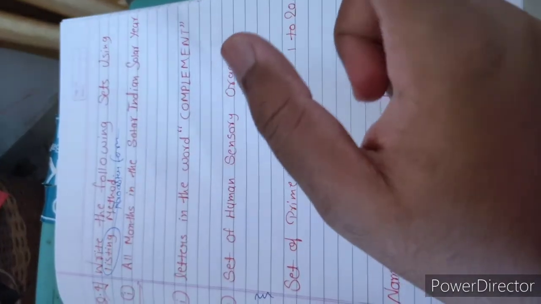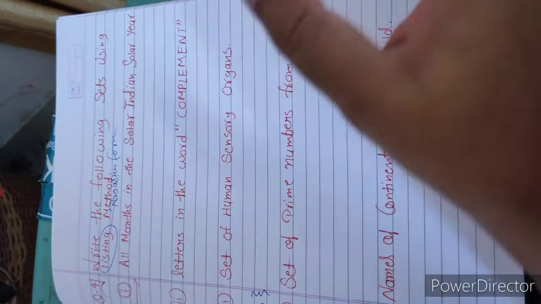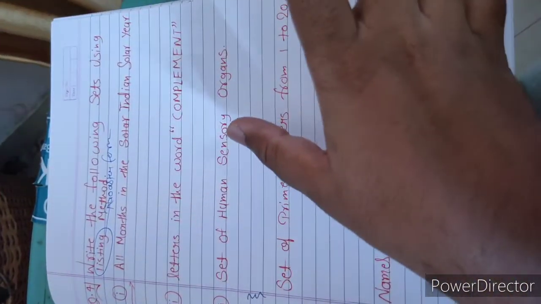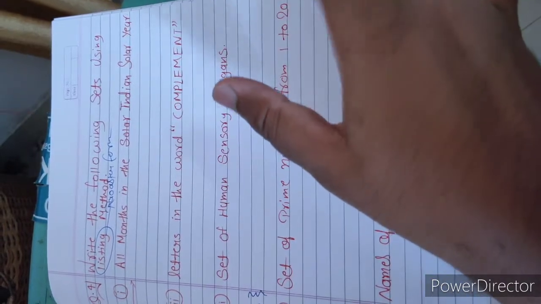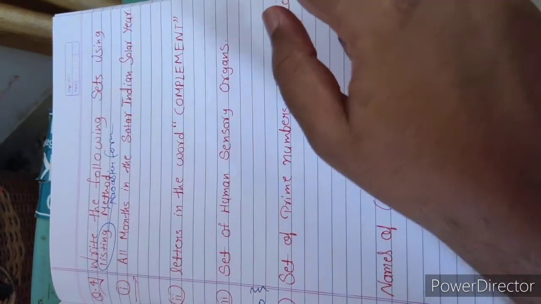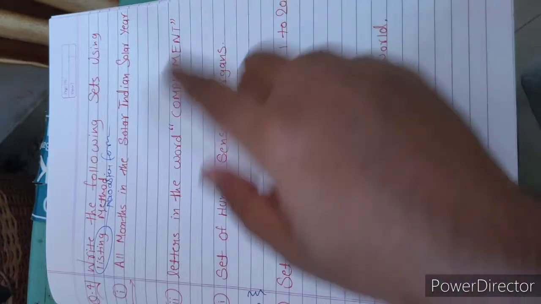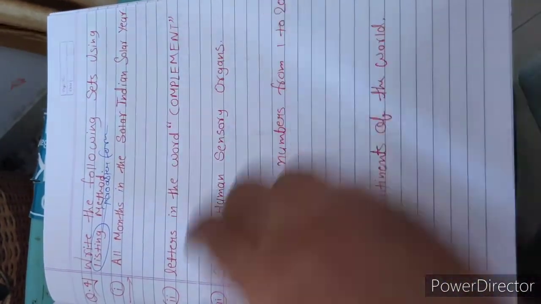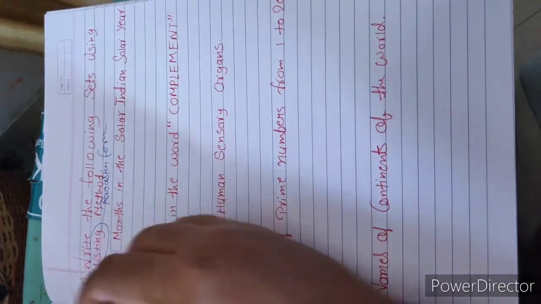January, February, March, April, these are the months of the year. But in the Indian solar year the months are different. As we know, the months of the Indian solar year are Chaitra, Vaisakh, Jyesht, Asad. So we have to write here. First we will consider a set. So how do we write this?